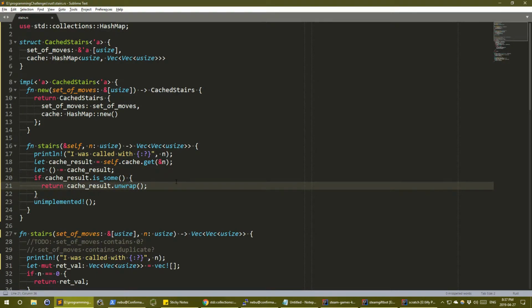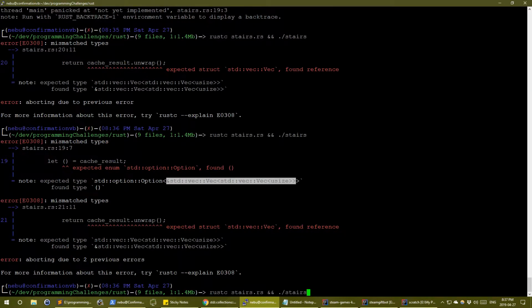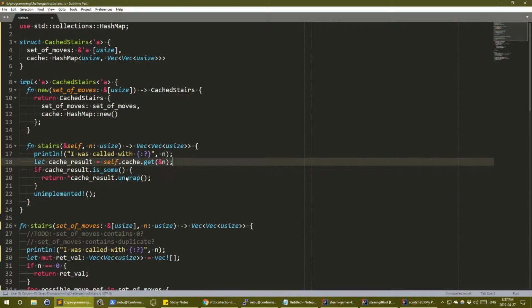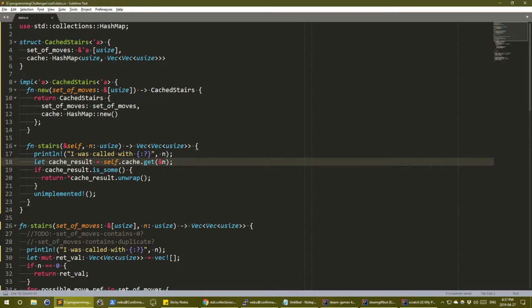So what I need to do, let's try dereferencing it. That's not what I did last time when I got the solution working, but this might work. Let's see. No, it probably won't work. It'll probably say something like you can't do a move of this. Oh wait, I need to get rid of this guy. Yeah, cannot move out of borrowed content. I don't know exactly what that means, but I know moving is basically changing ownership of a variable, and I guess what's happening here is